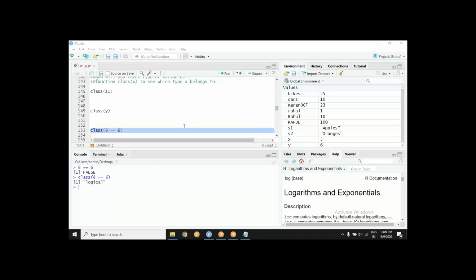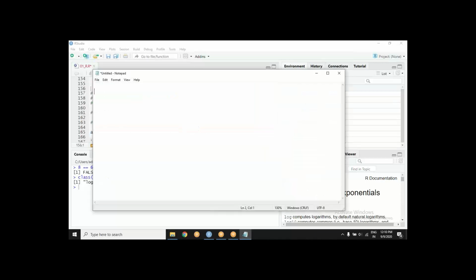So I think settled so far. Class is all about checking the data type. Just like you saw in SQL, there are data types. I'm coming to all these data types in a bit more detail with data structures.